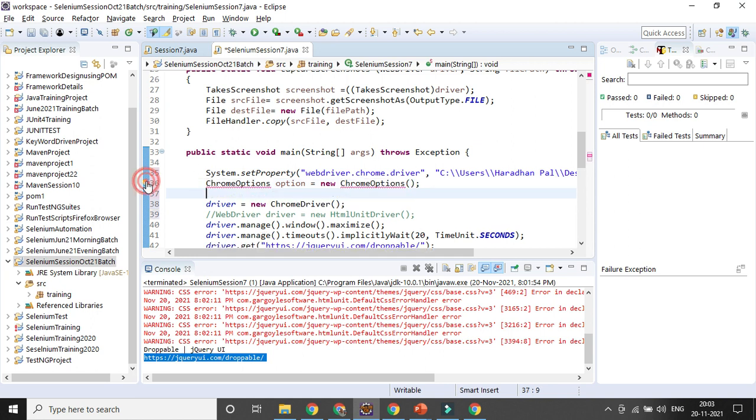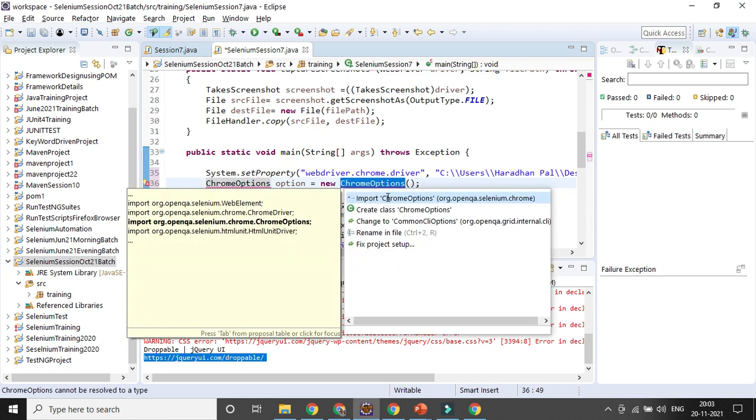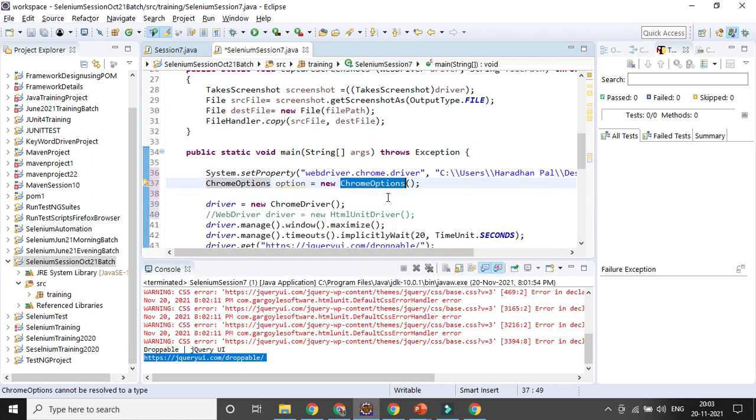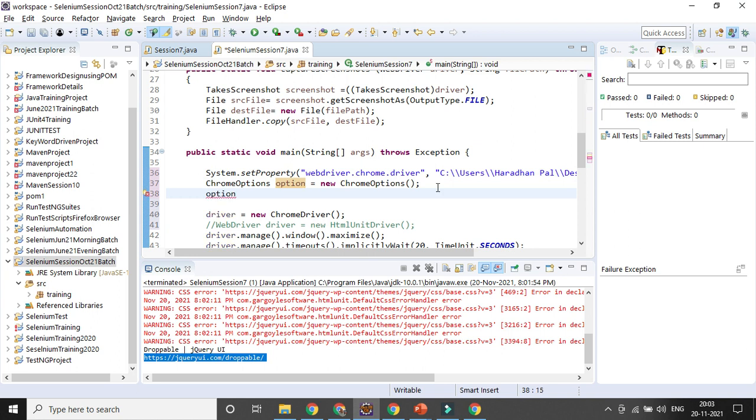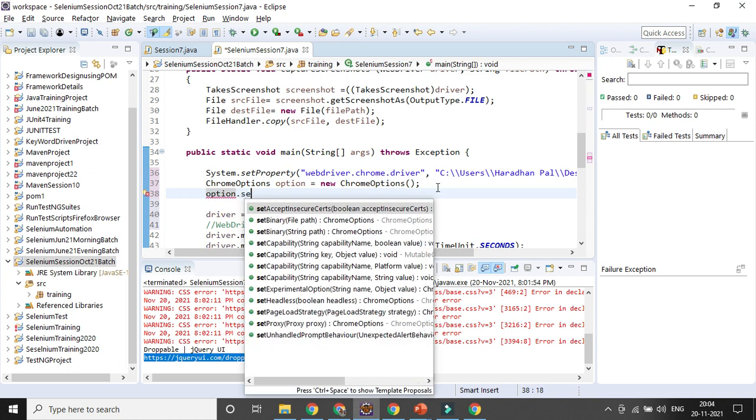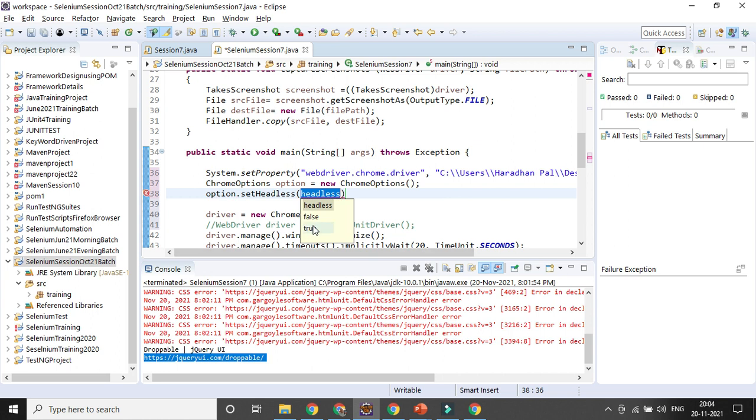I need to import it. The next thing is that I'll be using options set headless. I think there's a method available, so let me check. Set headless, yes, you could see it takes a boolean from the ChromeOptions class, and here you need to select true, so it will be headless.